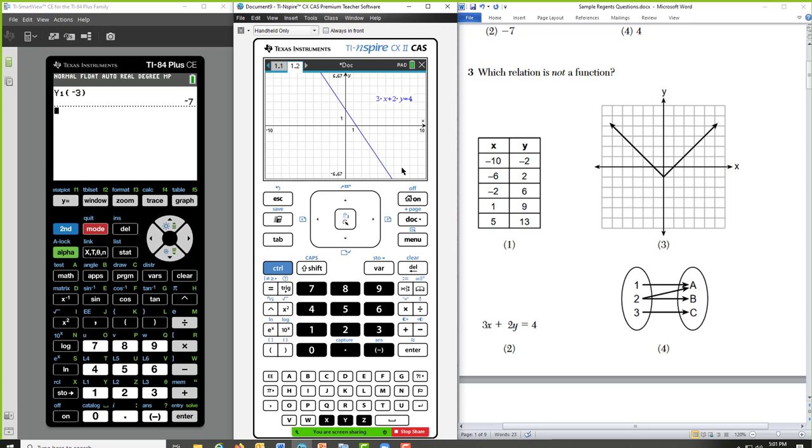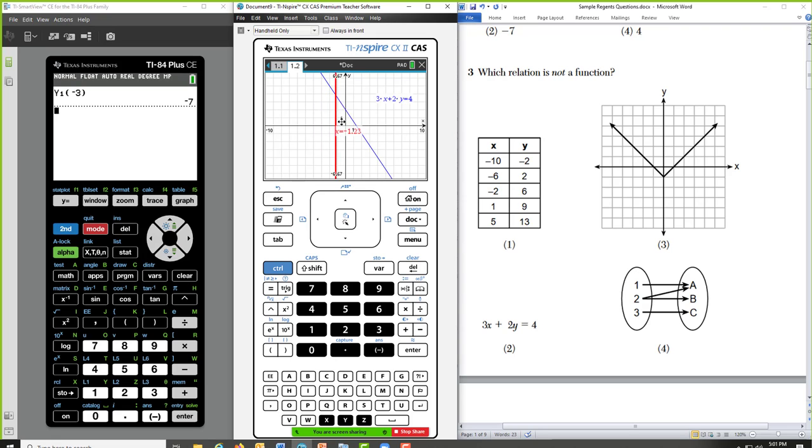In order to pass our is it a function or not, we usually do a vertical line test. I could go to tab and put in x equals, let's say, something like 2, enter. The Nspire allows you to grab and move.